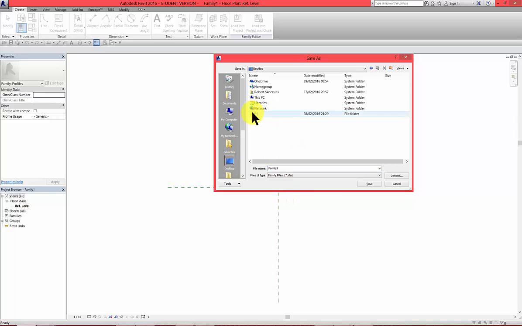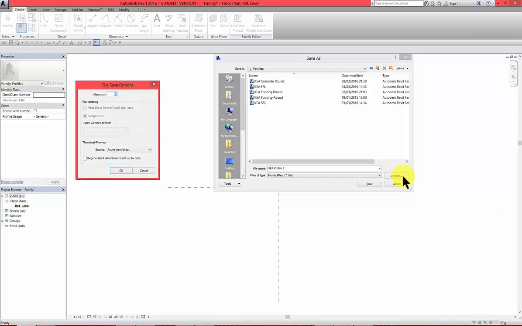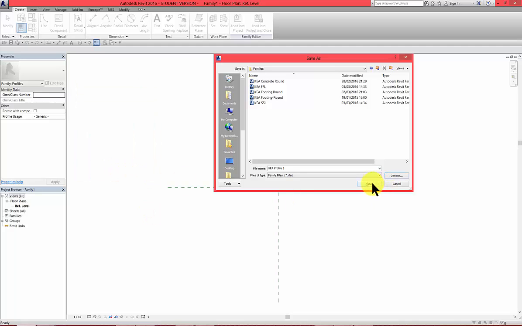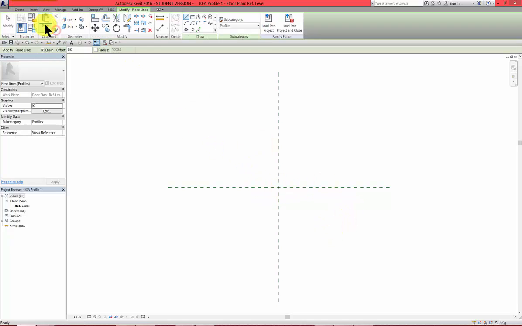Let's go to P1, Families, and call this Kia profile 1. Options, change maximum backups to 1, then save it, and then we'll use lines to create the shape. So create line, starting from here, 300,